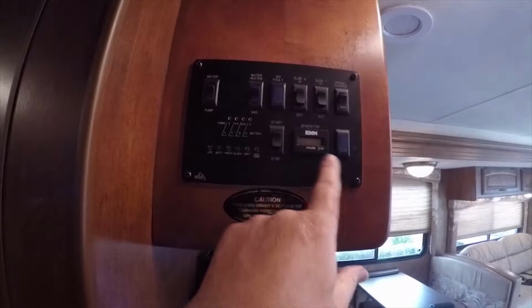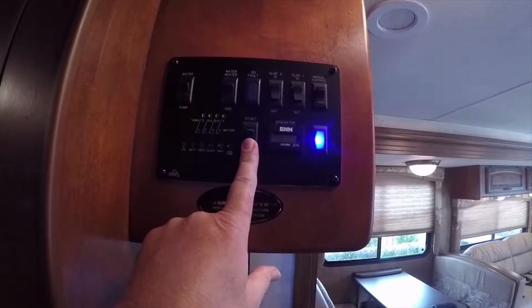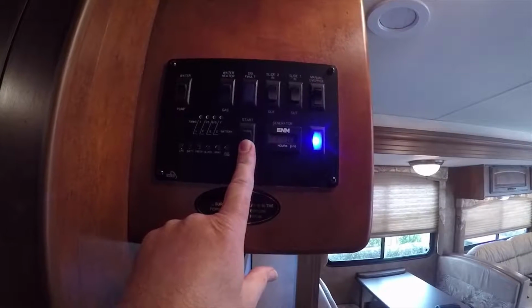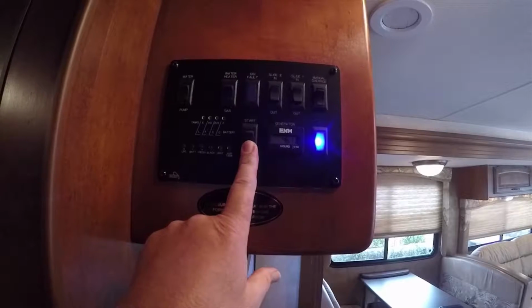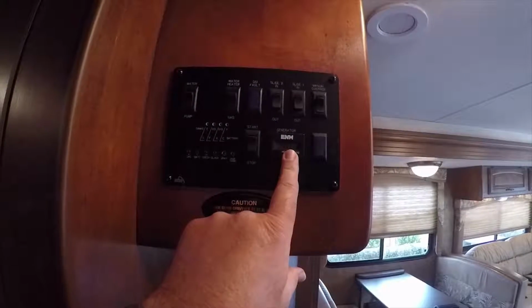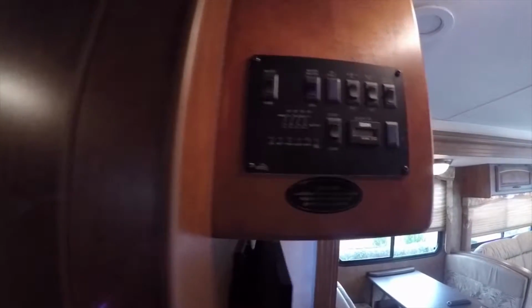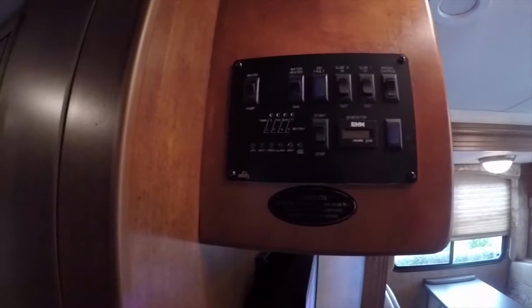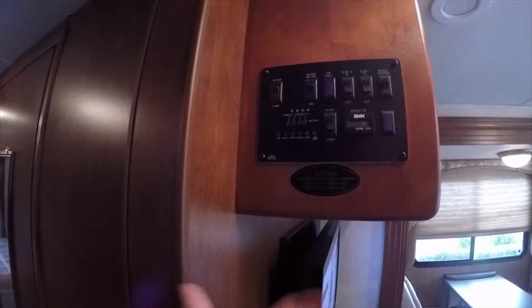We have our centralized control location here. Let's see how many hours are on the generator. So the hour meter is indicating 461.1 hours on the generator. So it's very low time on the generator. I've had these generators with 2,000 plus hours on them. So 400 hours is nothing. 200 hours is comparable to one oil change